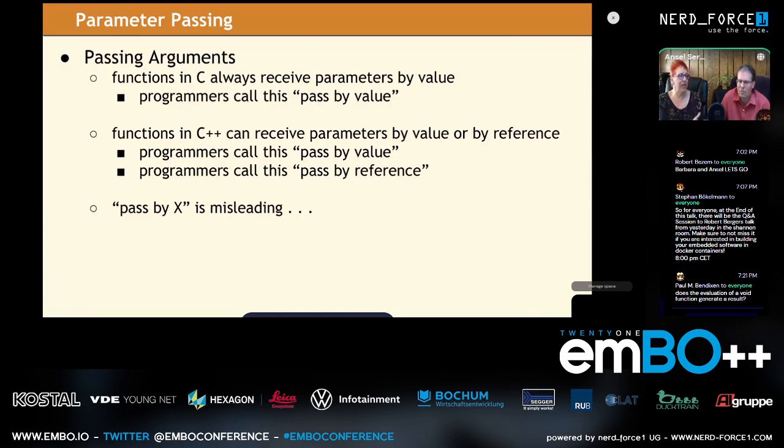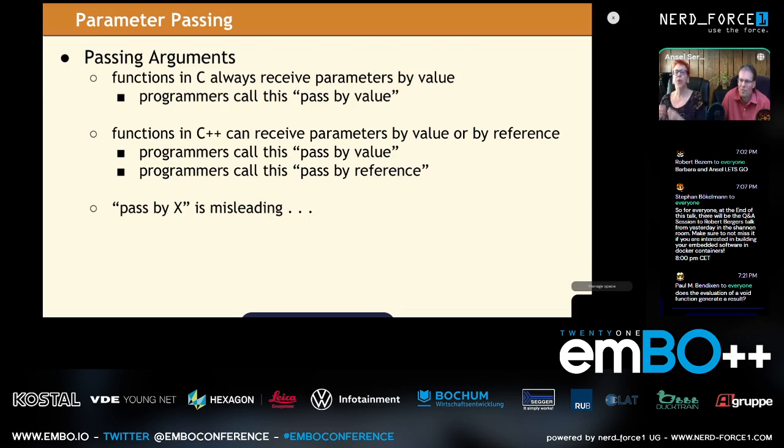Ansel and I do pair programming when we're working on Copper Spice, and it gets confusing for us to say, are we passing by value, passing by reference? We also have to be concerned, since we're a third-party library, how are we going to set up the API? But again, it's misleading. The idea shouldn't really be pass by.